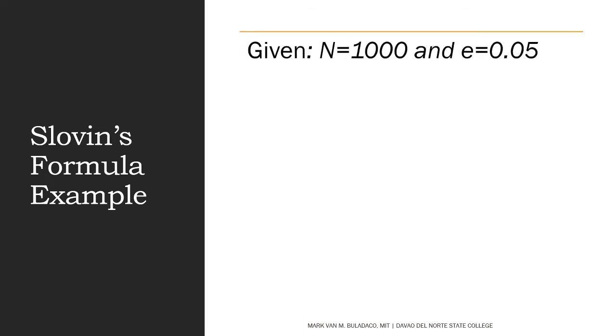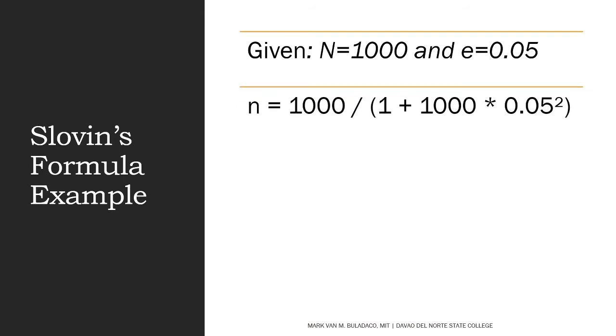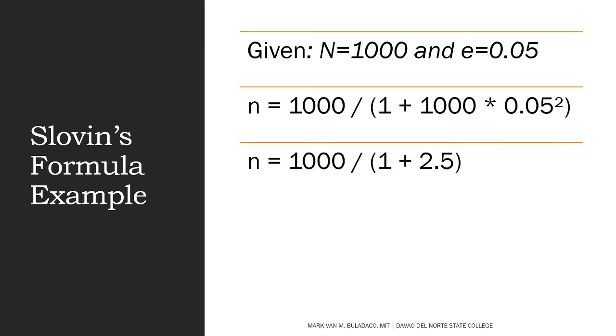First, we have a population of 1,000 and our margin of error is 0.05. It is understood that our confidence level is 95%. Then we will use the formula 1,000 divided by 1 plus 1,000 times the square of 0.05. Upon calculation of the sample size using this formula, we get